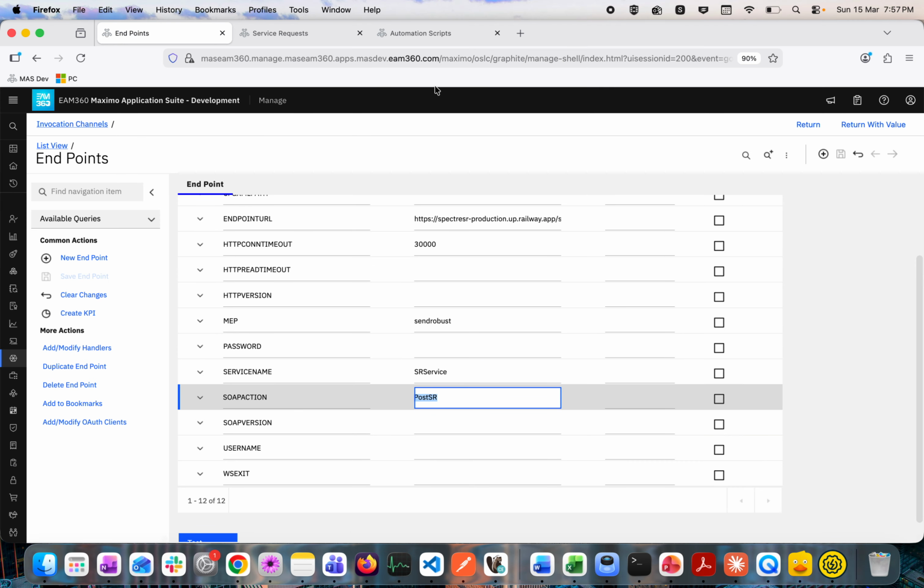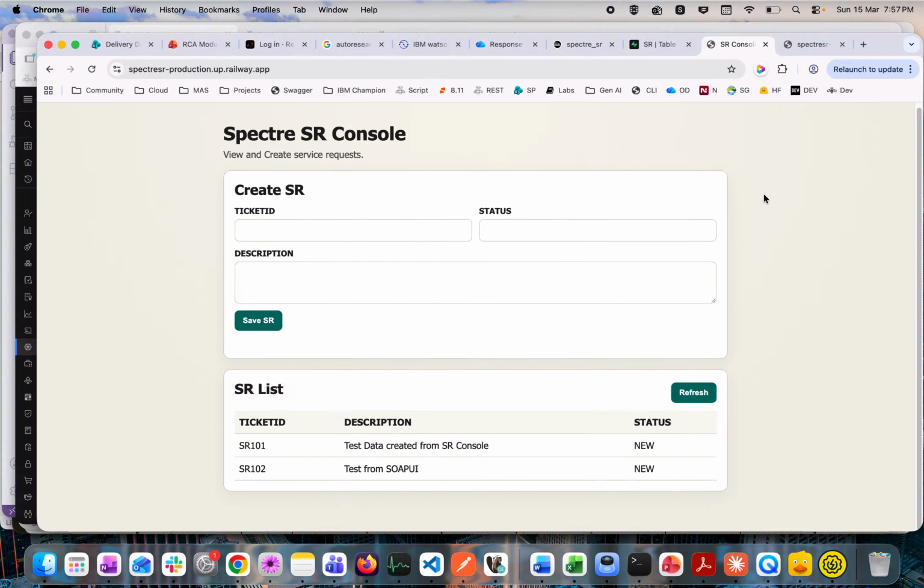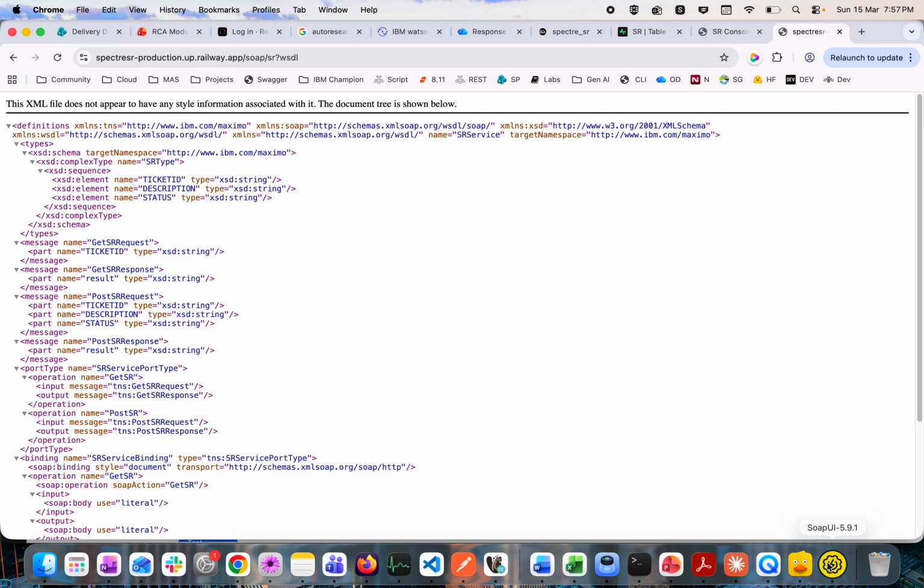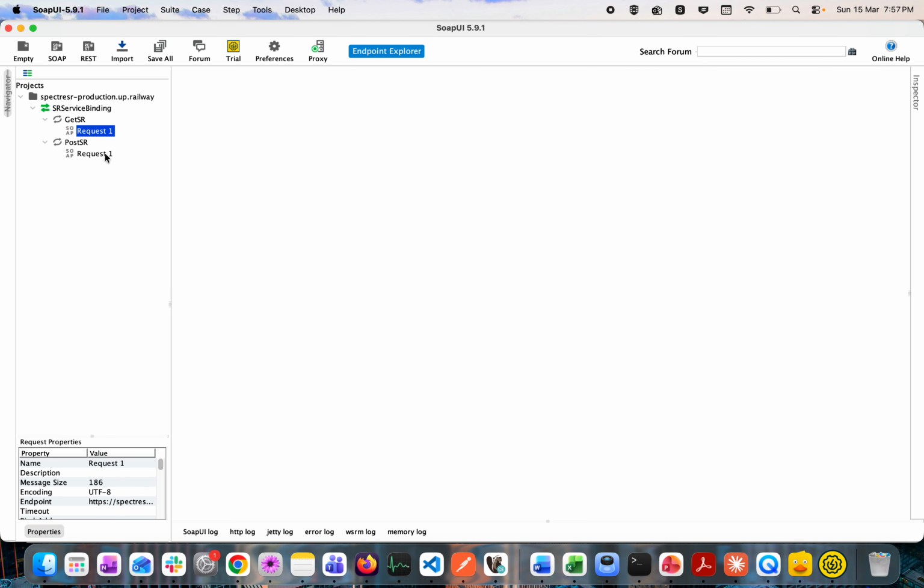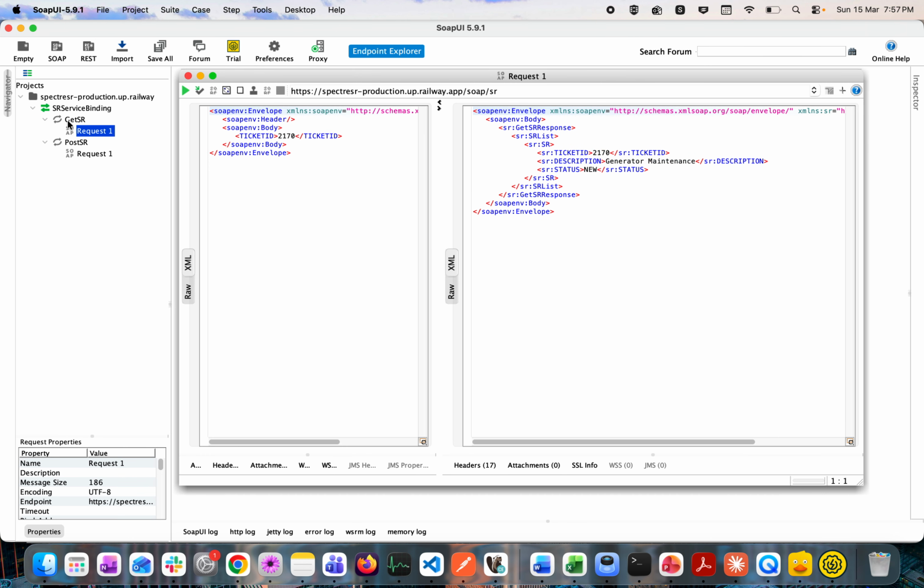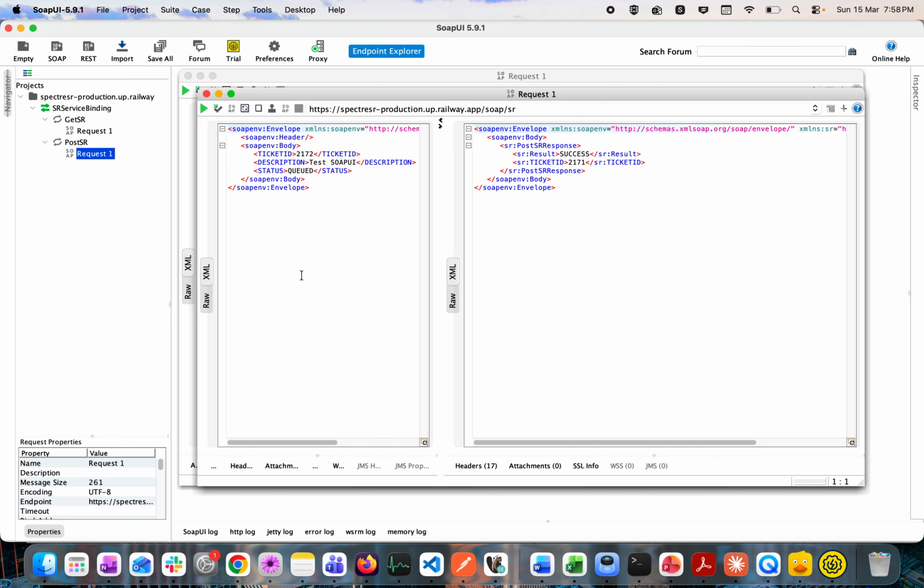and if I use this particular WSDL which I have shown here, if I create a SOAP UI client, you can see I have two methods available in this. The first method is get SR and the second method is post SR. Get SR will give me the SR data, and post SR is something which I can use to post the data, right? So here you can see I have posted it and then it has given me